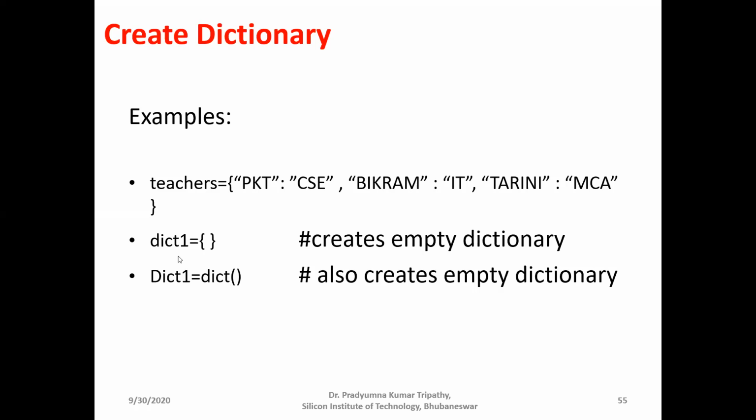So this is an empty dictionary. I can also write in this way and create an empty dictionary. This function creates an empty dictionary and it is assigned to this variable. Is it understood? Either I will write in this way or I can write in this way. Okay. Now,